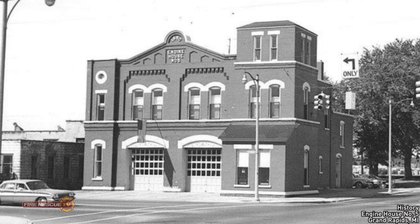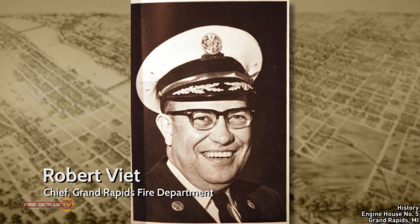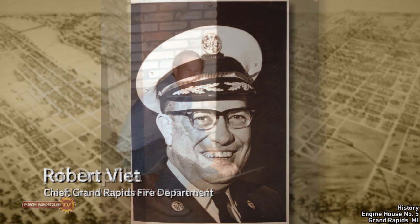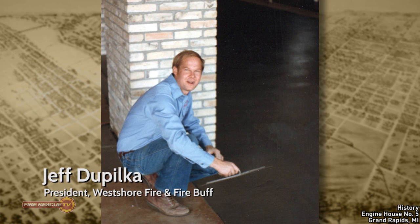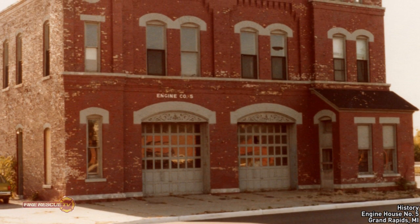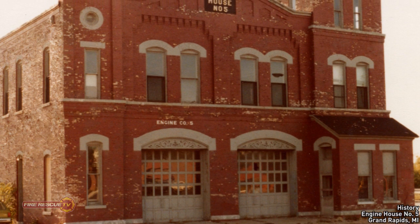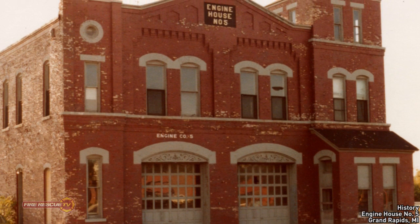Unfortunately, after a century of service, Engine House No. 5 was scheduled for demolition by the city of Grand Rapids to make way for a new fire station. In a lunch meeting with Chief Robert Viet of the Grand Rapids Fire Department, Jeff Dupilka, president of West Shore Fire and lifetime fire buff, learned of the planned fate of the worn-out engine house. After touring the decommissioned station, Dupilka gathered friends and fellow firefighting enthusiasts and formulated a plan to save and relocate